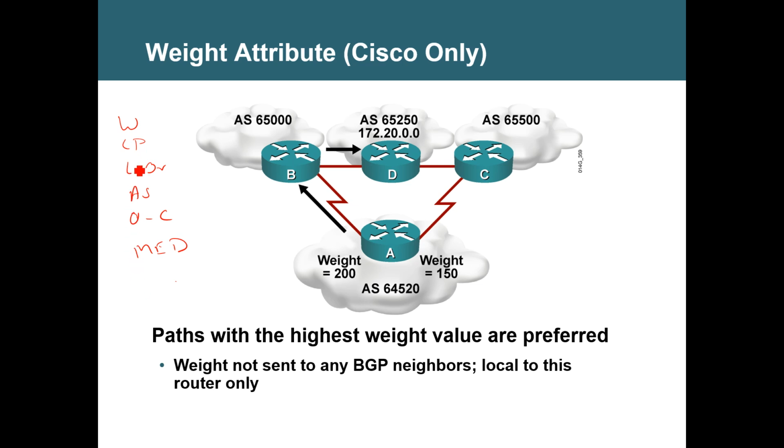Okay. Weight is the very first attribute. Local preference: what is the difference? Weight is local to the router. Local preference is for the whole autonomous system. Then locally originated, the one with the next hop 0.0.0.0. For that, a weight of 32768 will automatically be set so that there will be a hit in the very first attribute. If the route is locally originated, then weight will be automatically set to 32768.